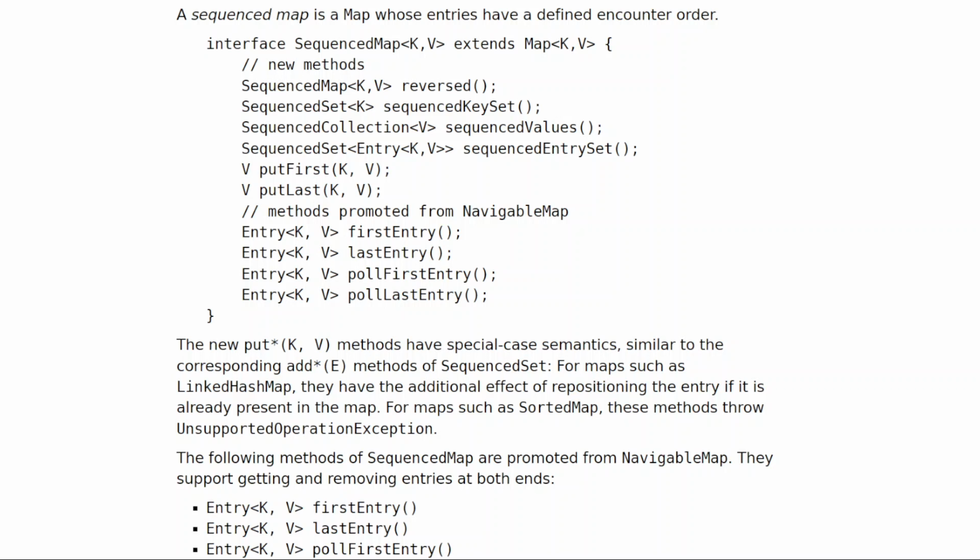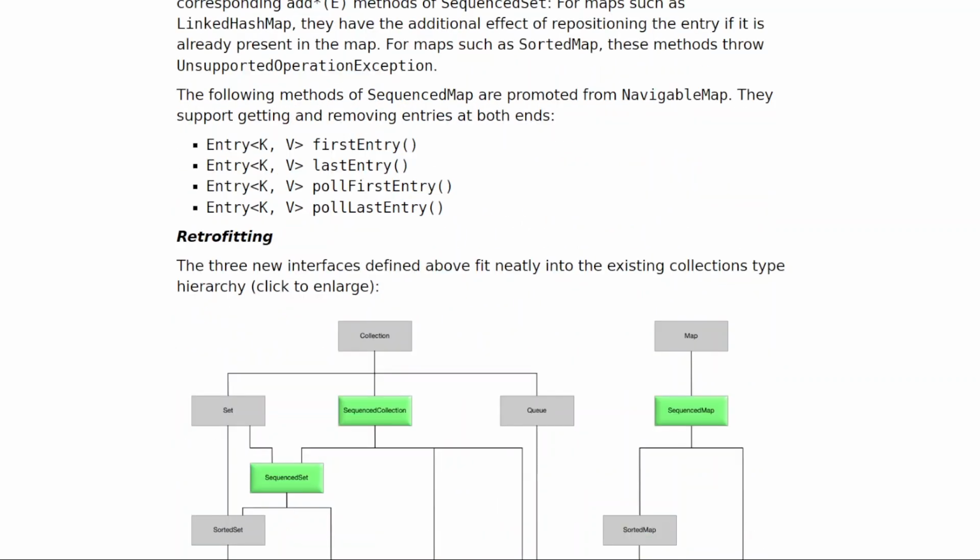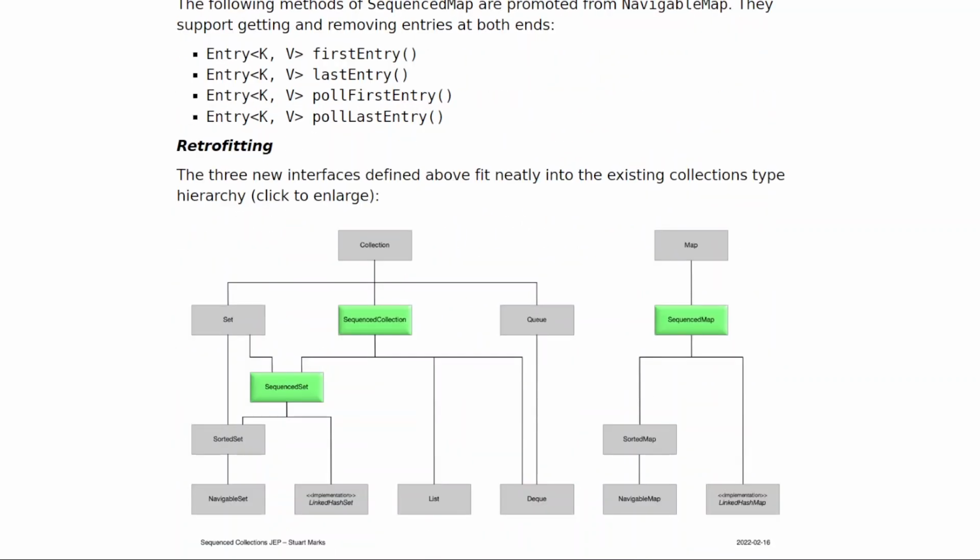The following methods of SequencedMap are promoted from NavigableMap. They support getting and removing entries at both ends. 1. Entry<K,V> firstEntry() 2. Entry<K,V> lastEntry() 3. Entry<K,V> pollFirstEntry() 4. Entry<K,V> pollLastEntry()